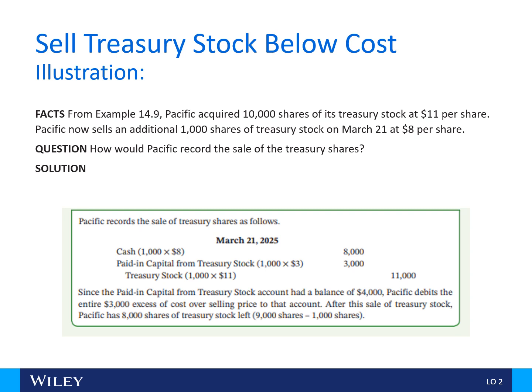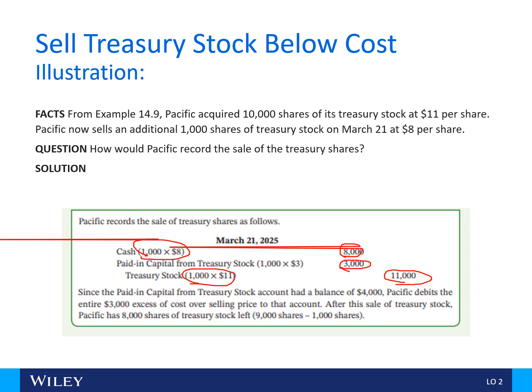So here later on, you sold an additional 1,000 shares, but not at $15 per share. Now the stock has gone down and you sell it at $8 per share. Okay, so again, your original acquisition price was 11. You're now selling it at 8. You, in theory, lost $3 per share. So you sold it below your cost, and you're going to have lost $3,000 in this particular case. Again, you're going to debit cash for the number of shares sold times the market value, 8,000. You're going to credit treasury stock at your cost basis times the number of shares sold, 11,000. And this $3,000 quote unquote loss.